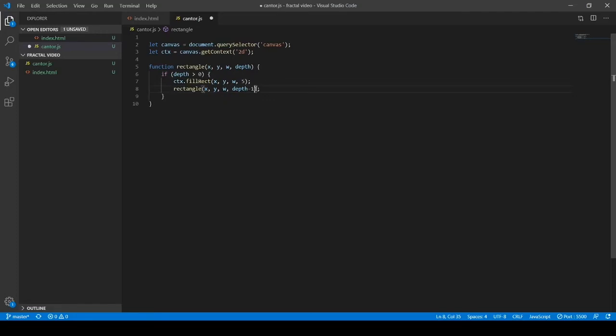Right. Okay, that's, yes, so x, y, yes. And obviously, y needs to be changed as well. So let's say we add 10 every time. Now, we need to just run this function. Let's say at 0, 0, maybe width is 400, which is the full width, and then the depth is going